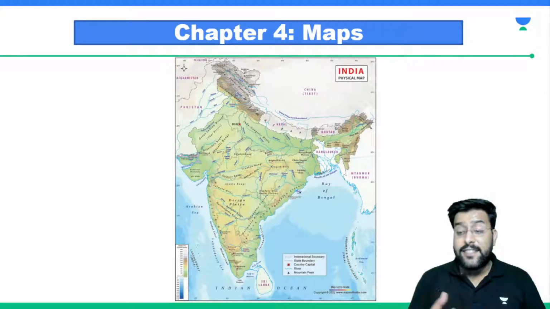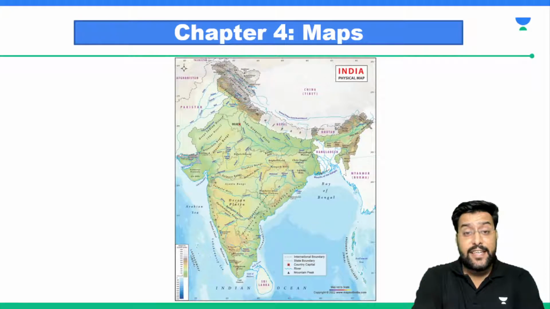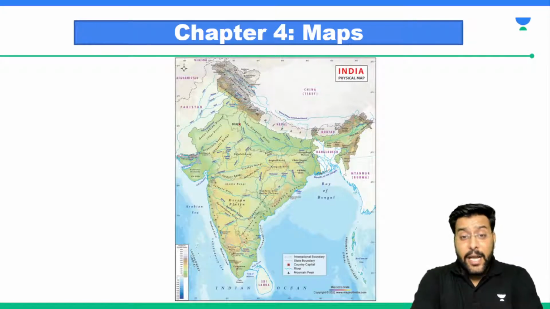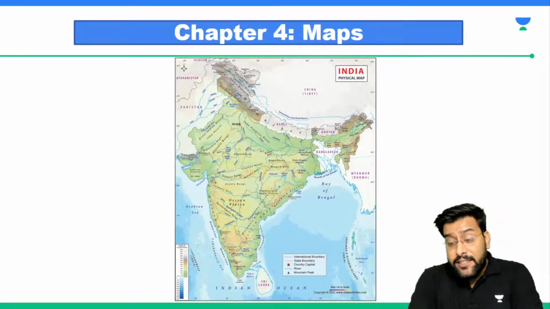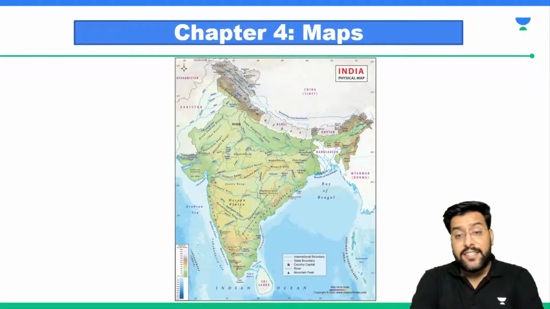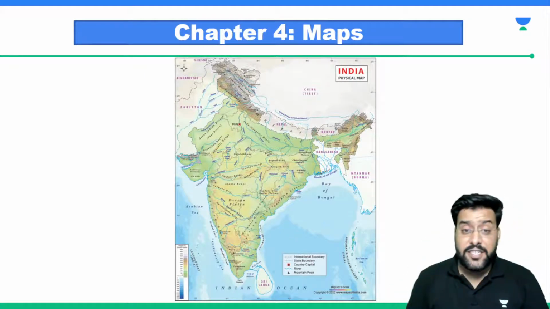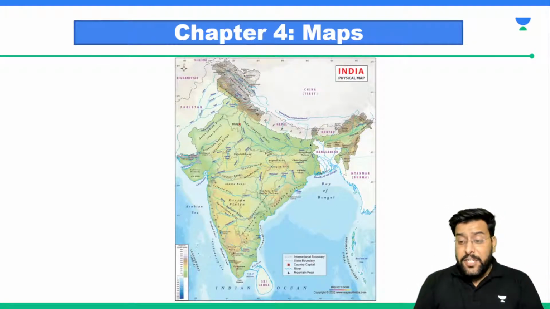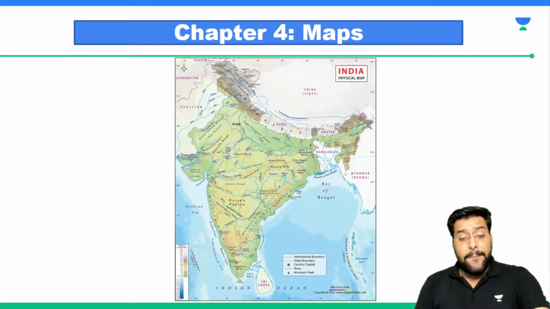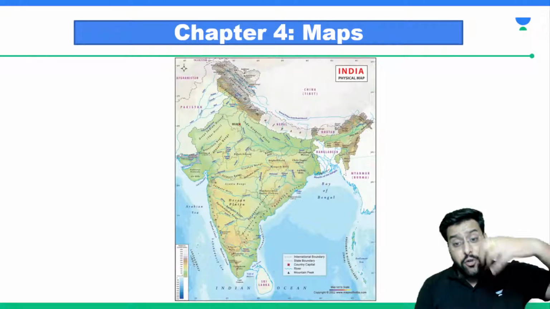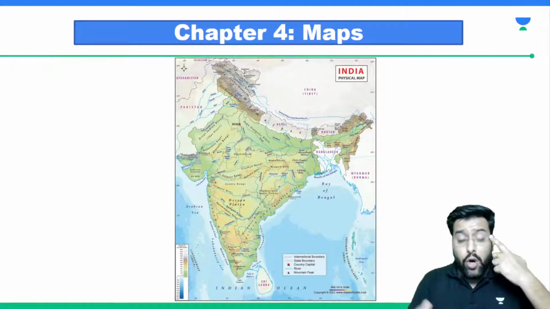It tells us the features, like we have Great Himalayas, then we have Northern Plains, then we have Great Indian Desert, then we have the Deccan Plateau, then we have certain mountains like Aravallis, Vindhyas and Satpuras. In northeast we have Khasi, Jantia and Garo hills. Then we have the Sundarban Delta, the Ganga Yamuna basin, Eastern Ghats, Western Ghats. The feature of the physical map is that if you go to these locations, you will be able to have a look at all these features.